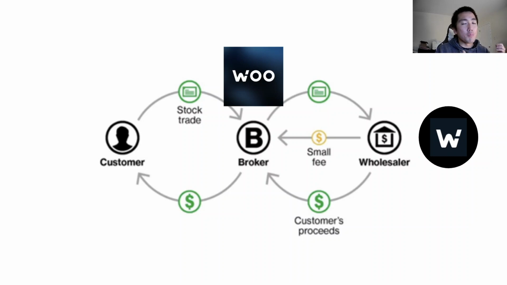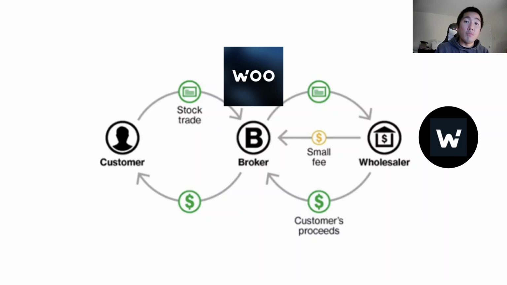So if you wanted to buy one Bitcoin, right, on WooX, WooX will take your order and flow it through the dark pool, where high frequency quant firms, trading firms, or market makers can front run your bid, clip an arbitrage, and pay WooX in exchange for that, and you can get your crypto for zero fees, right? Like I said, there is no such thing as a free lunch.